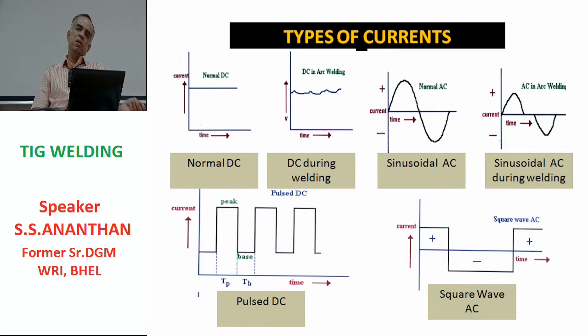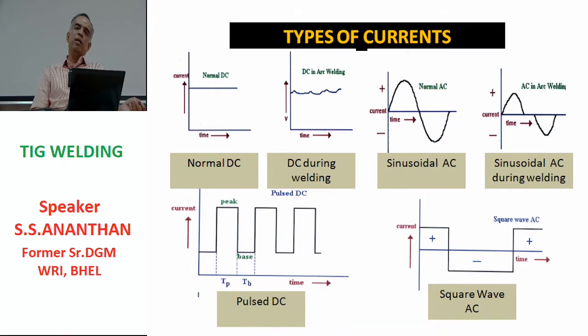But then still the arc is steady, the current is more or less of the same level, and because of this the penetration is also more or less constant, which is the most important requirement for welding. The second type of welding, which is the pulsed TIG welding, is actually a pulsing of the current, and you